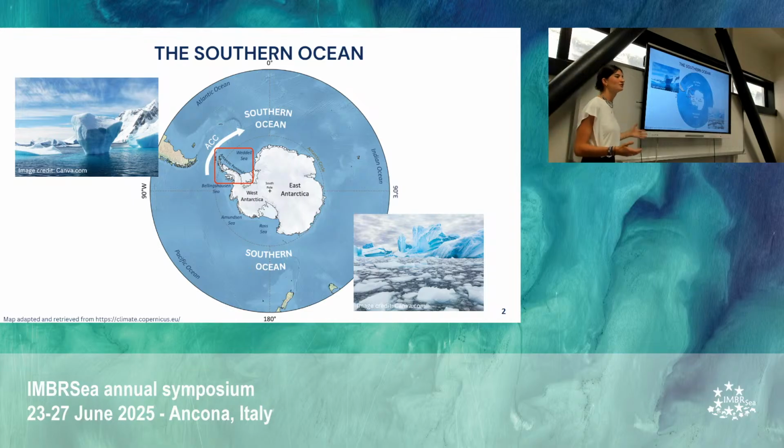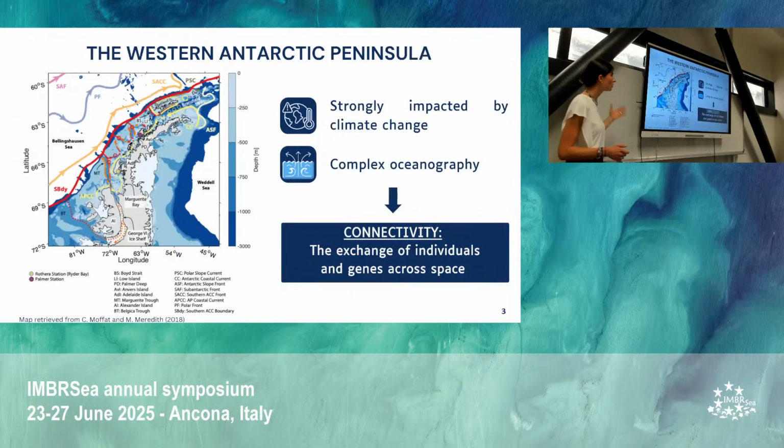But its isolation obviously does not protect this extreme and wonderful environment from a more global phenomenon we all know, climate change. And in Antarctica, there is one area particularly affected by the changing conditions, the Antarctic Peninsula, situated just here. More specifically, the western coast, so the western Antarctic Peninsula, is one of the fastest changing and warming regions